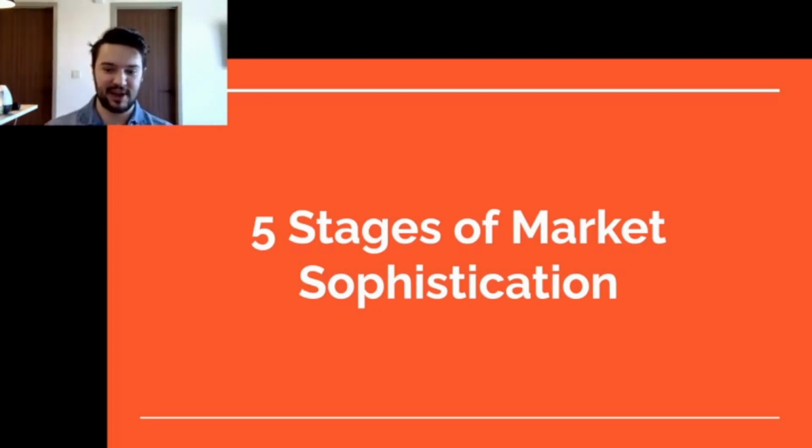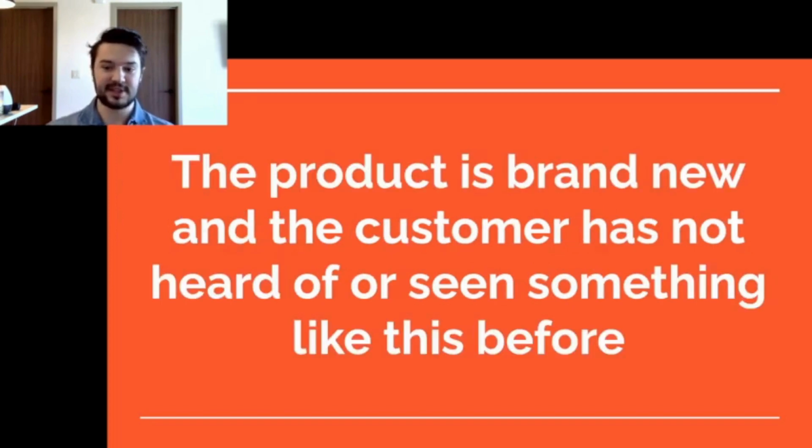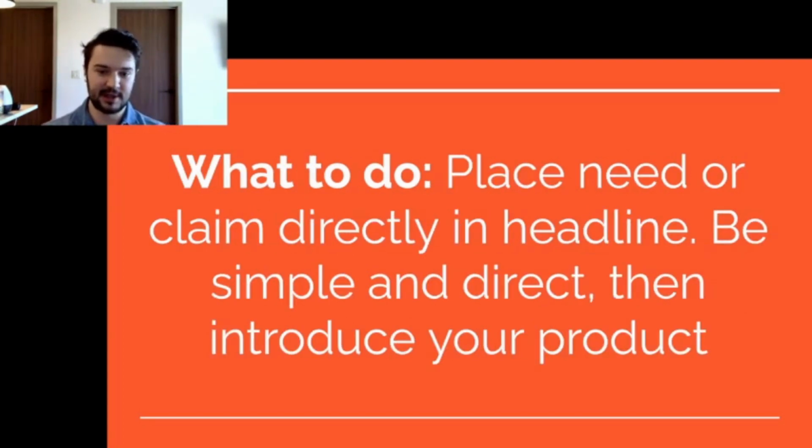So let's jump into the 5 stages of market sophistication. Number 1 is the pioneer level, really easy to remember. It's basically like number 1, you are the number 1, you're the first person in the market. So that means that your product is brand new, customer has not heard of or ever seen anything like it before. It's pretty rare to be in this stage nowadays especially, but it can happen. So what to do in this situation? First, you're going to place the need of the claim directly in the headline. You're going to be simple and direct, right? You want to call to mind the problem,